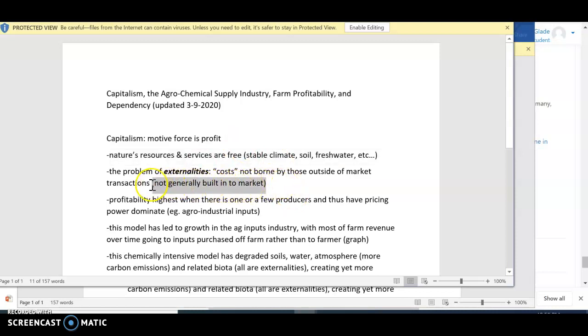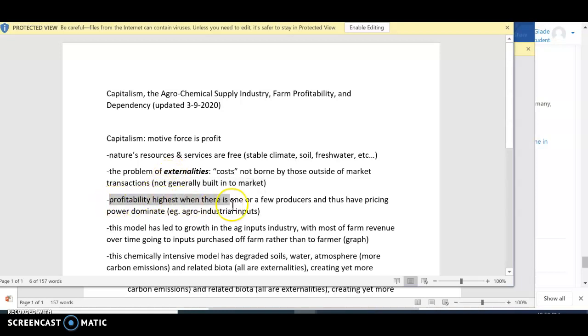So this is an example. The huge amount of fertilizer effluent that comes off the farms in the Great Plains runs down the rivers into the Mississippi River, dumps out into the Gulf, and causes tens of millions of dollars of damage to the fisheries in the Gulf of Mexico. That's an externality. The kind of farming system that still dominates in much of that region is imposing those costs on those fisheries downstream. That would be an externality, okay?